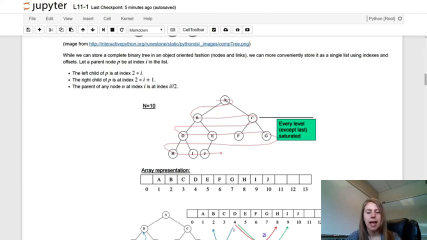So for example, A is a root node and it has children, B and C. So A is going to be stored at index position 1. This is our I in our example. 2 times I will tell us where the left child of A is. So 2 times 1 is 2. So the left child of A is at position 2, which is B, and we see that in our tree diagram here as well. The right child of A is going to be at 2 times 1 plus 1, which is 3, and here